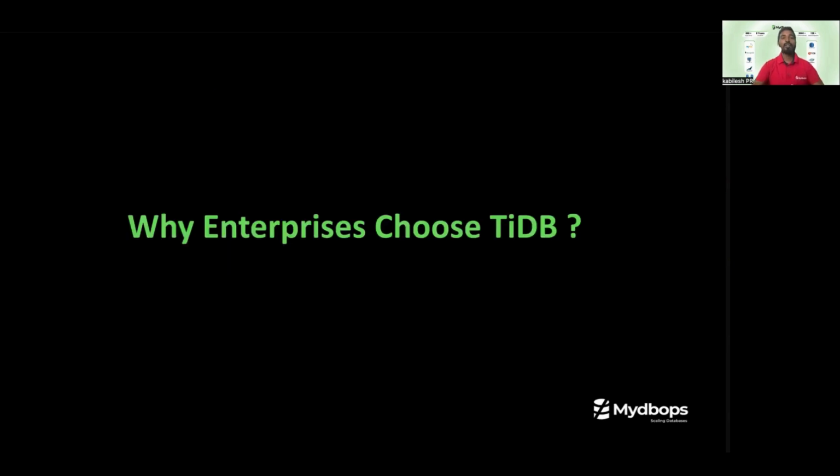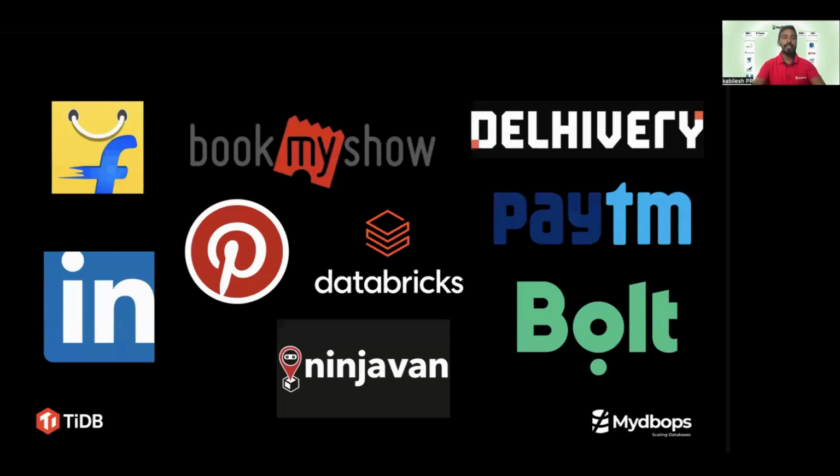Okay, so this is our agenda: why enterprises choose TiDB for scaling their production environment. These are some of the biggest enterprises who are best in what they do. For example, Flipkart, the biggest e-commerce company in India. Book My Show, handling a large amount of traffic for Pushpa 2 or whatever shows come in together, deliveries into logistics, Paytm, Databricks, LinkedIn. LinkedIn is a professional media platform where people collaborate and do everything. Bolt, again, is a car rental and services company, etc.